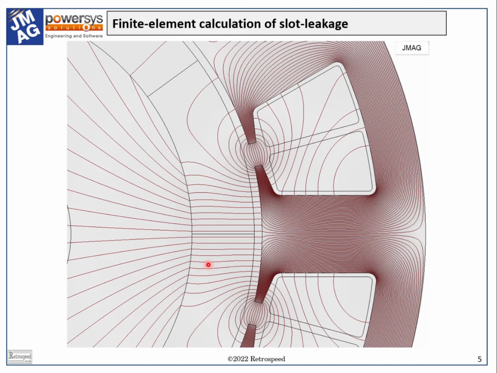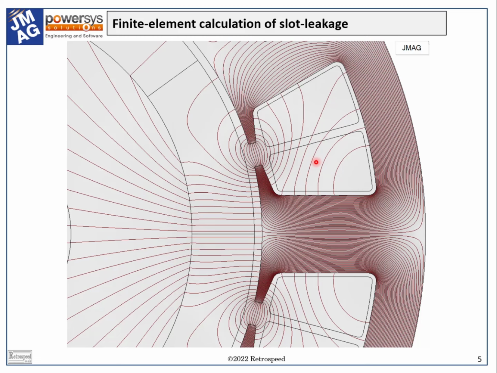The second argument in favor of the classical partitioned components is that they help in the design of specific features of the machine. For example, the slot leakage inductance, as we see here in slide 5. It's possible to set up a finite element calculation bounded for one slot, to study the magnetic field distribution in the slot, and thereby to help improve the disposition of conductors within the slot.